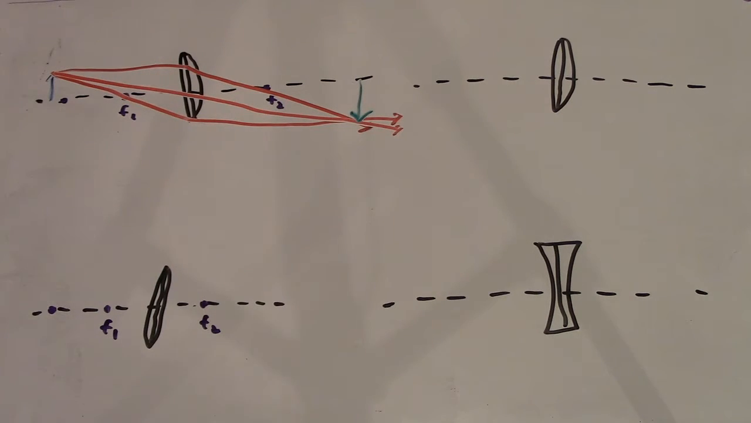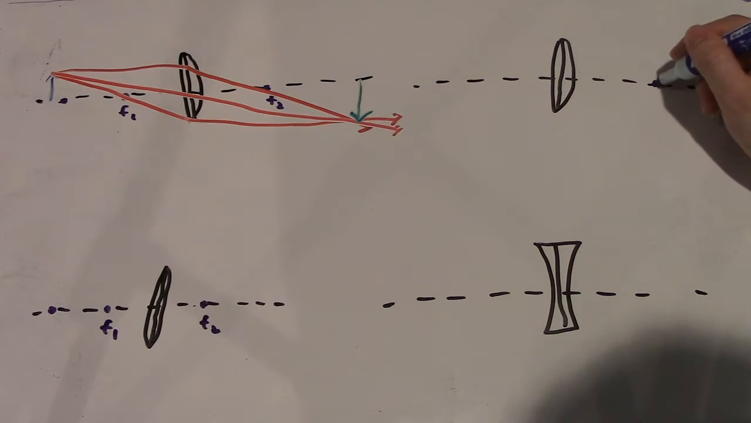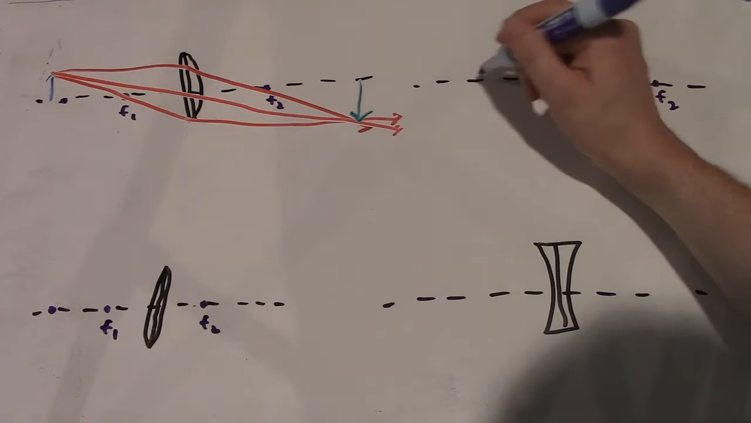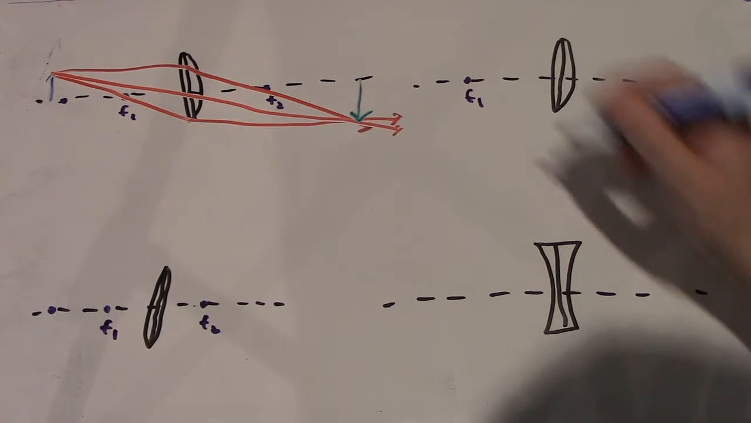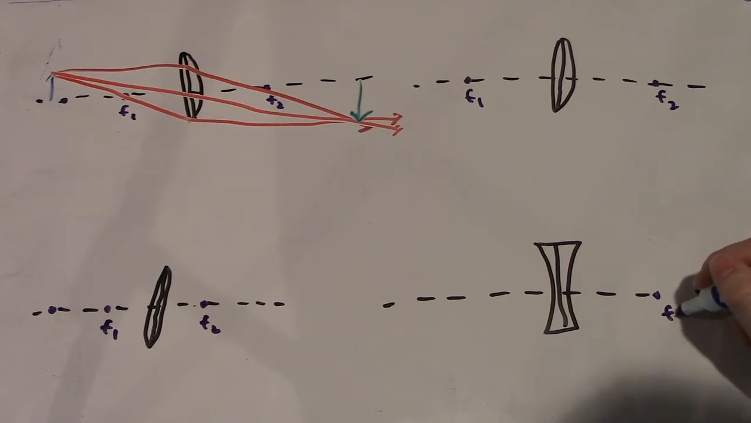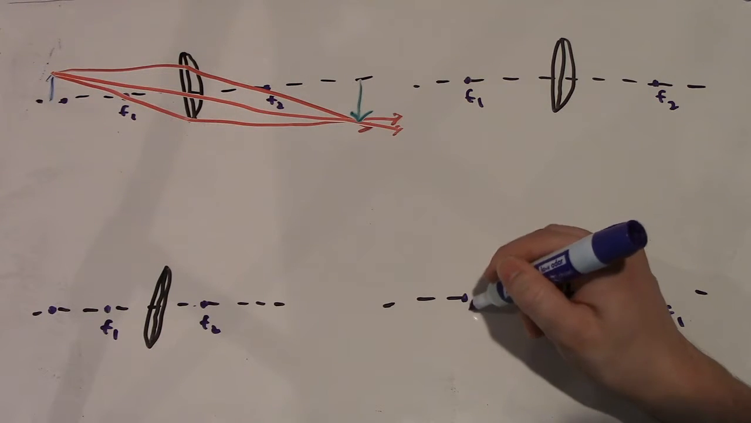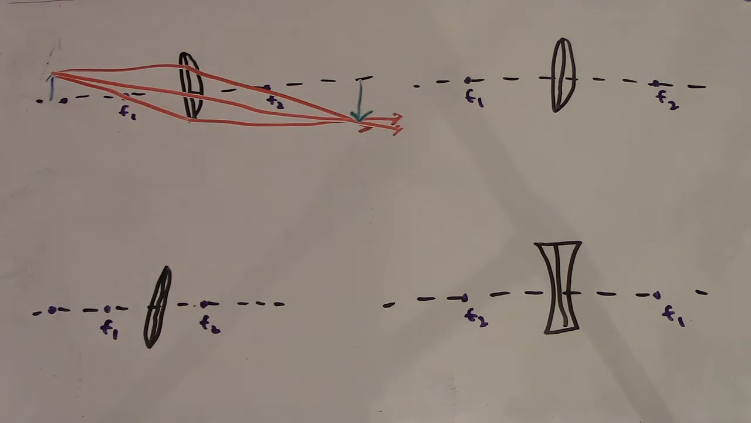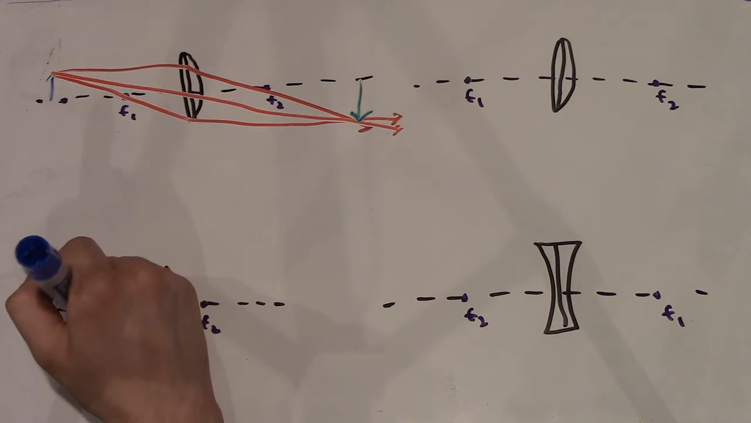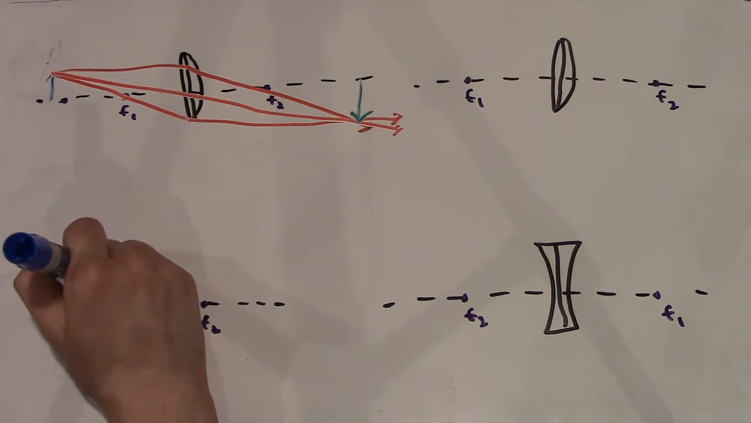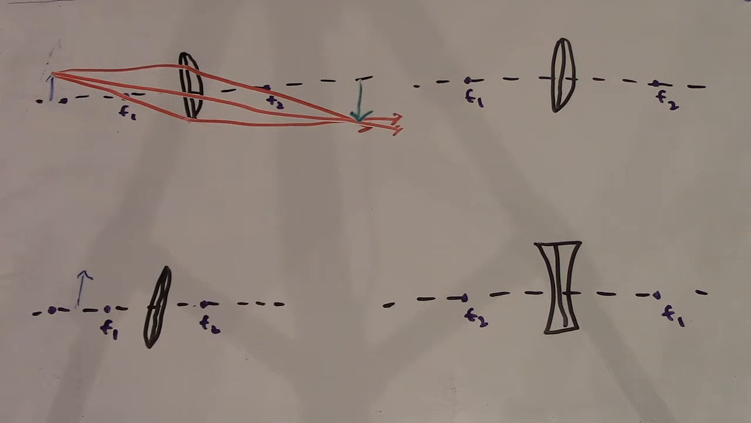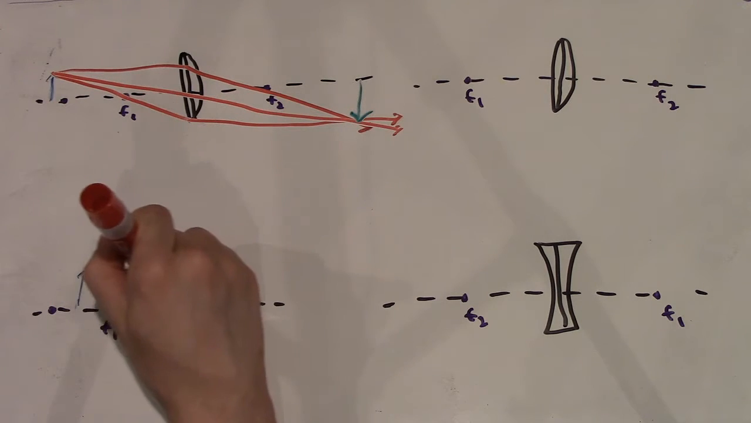And since the image is where the light actually is, it is real. The image is also smaller. Therefore, any image behind the center point for converging lenses will be inverted, real, and smaller. If we now move the object in front of the center point, but keep it behind the focus, we have